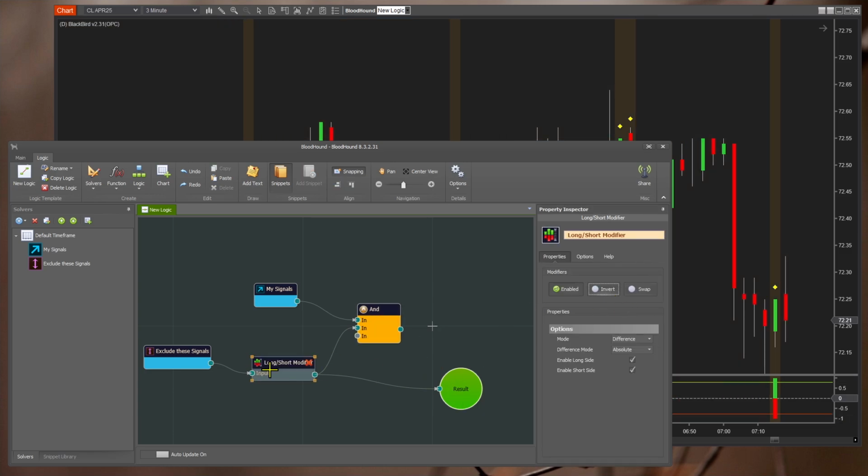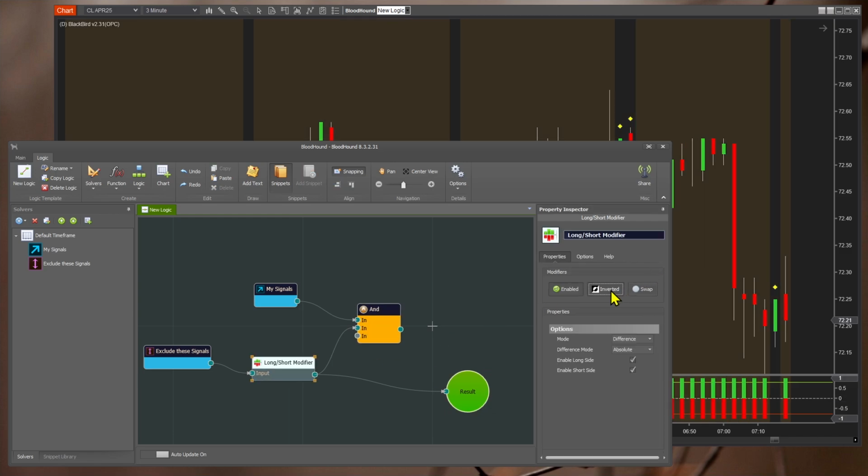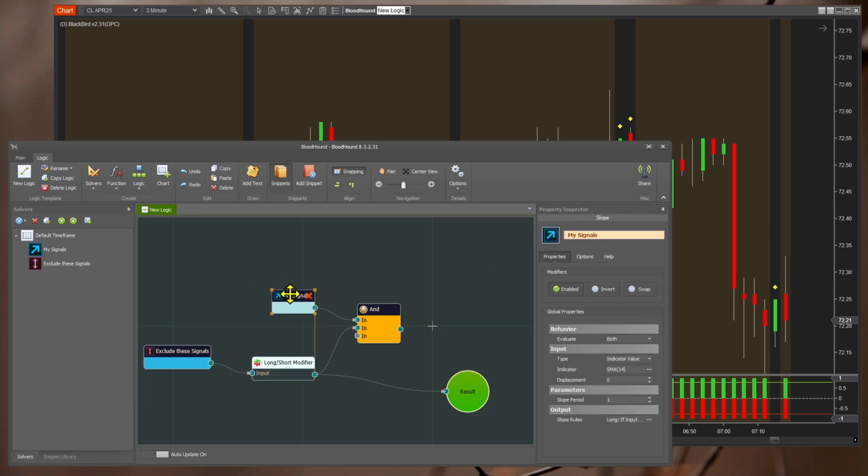Let me take that inverter off. So here's our original, green, green, red. We've turned it into non-directional filter signals. We're saying it's no longer long or short, it's both. And then we invert that so that we are only going to block those signals. Those are no longer allowed signals. Those are now blocked. And so when we combine it with our original system, we're now allowing all